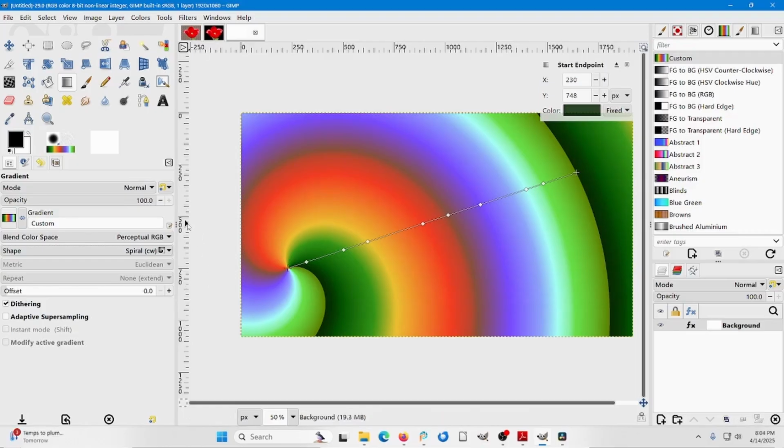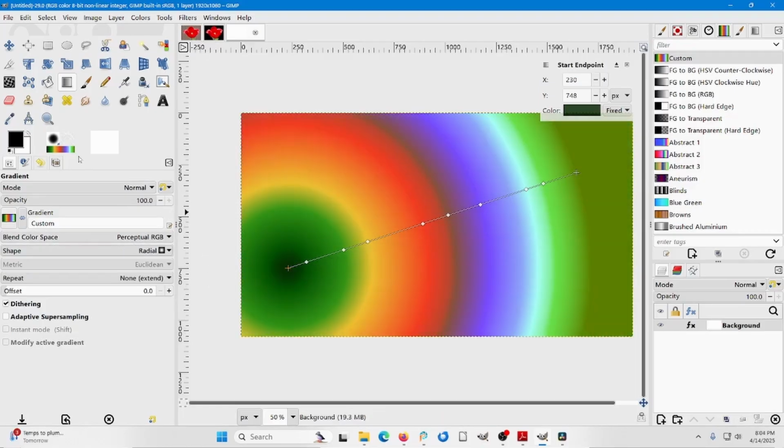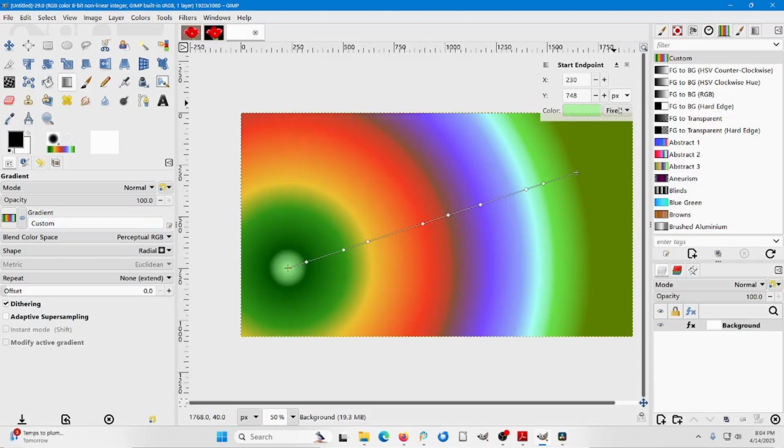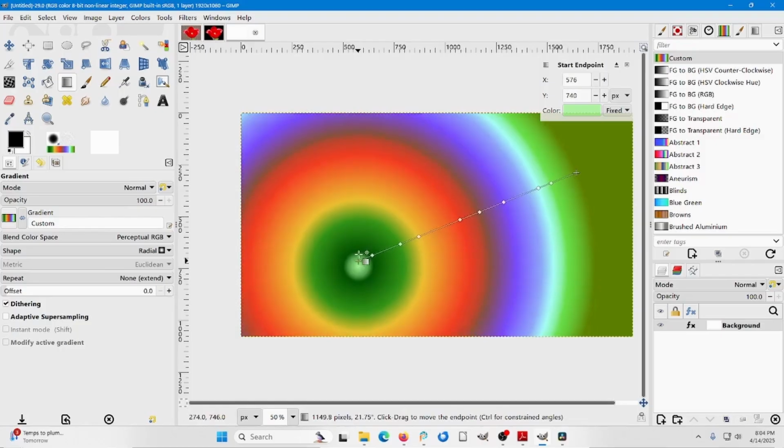I'm going to go back to the radial and I'm going to go back to foreground background color and take a look at this little dialog box up here. Here I can set the color for the starting point and the ending point. And I can control the X and Y position of that. So I can either drag it around, very subtle there, or I can drag it with the mouse like this,